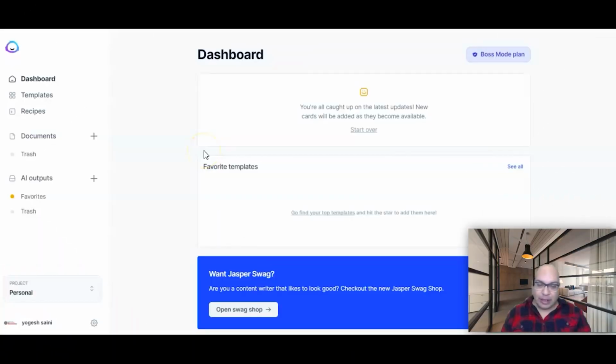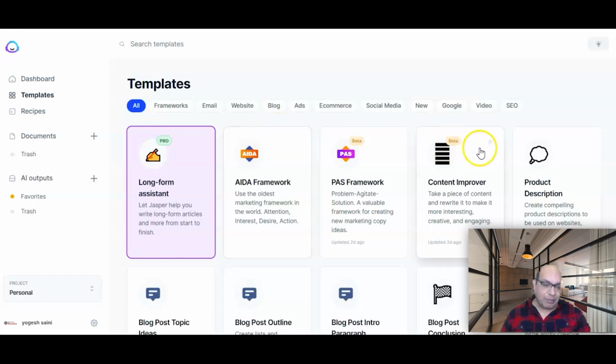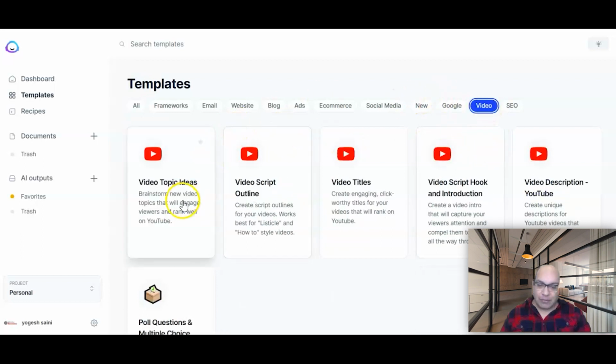All right, so why don't we head over into Jasper and start making a YouTube video. Let me show you how I get the YouTube script done in less than 5 minutes. This is the dashboard for Jasper, formerly known as Jarvis. If you look at the templates, they have a lot of them, and under videos they have the template for YouTube. You can go into each of these templates and input some data, and the output is something you can use for YouTube scripts.